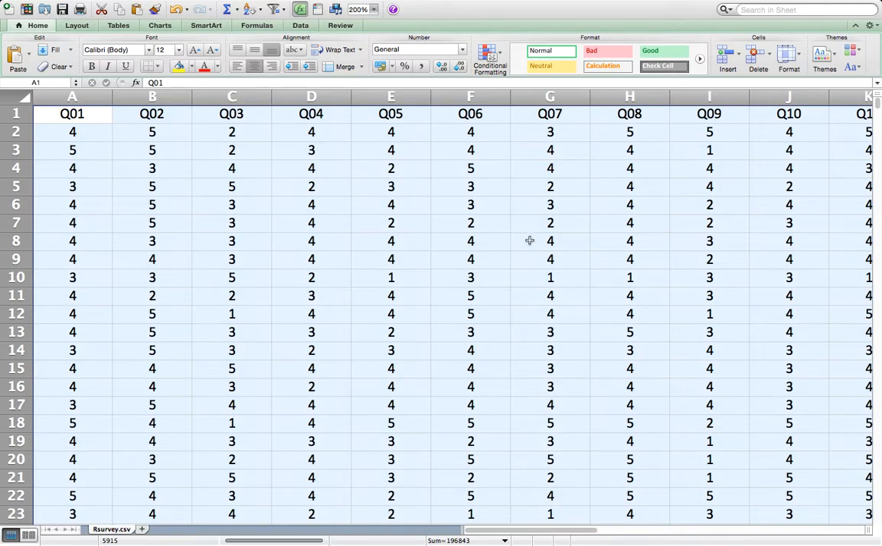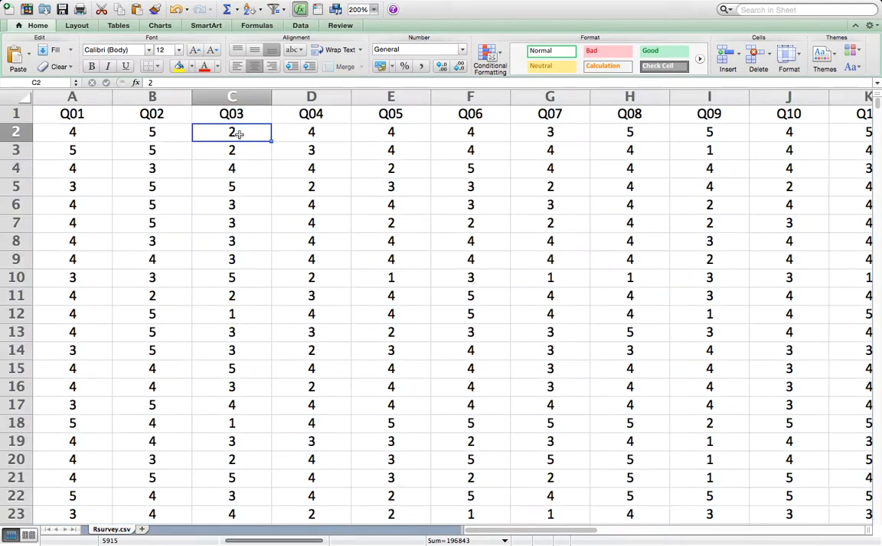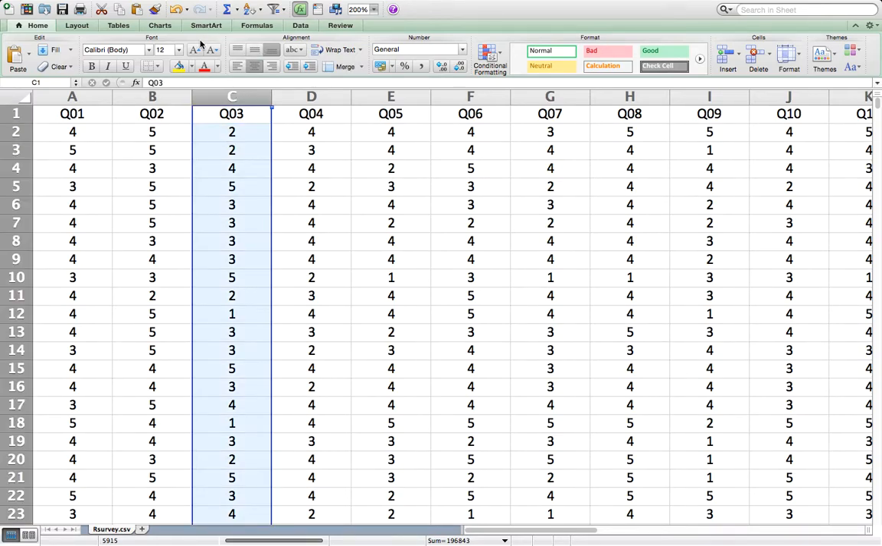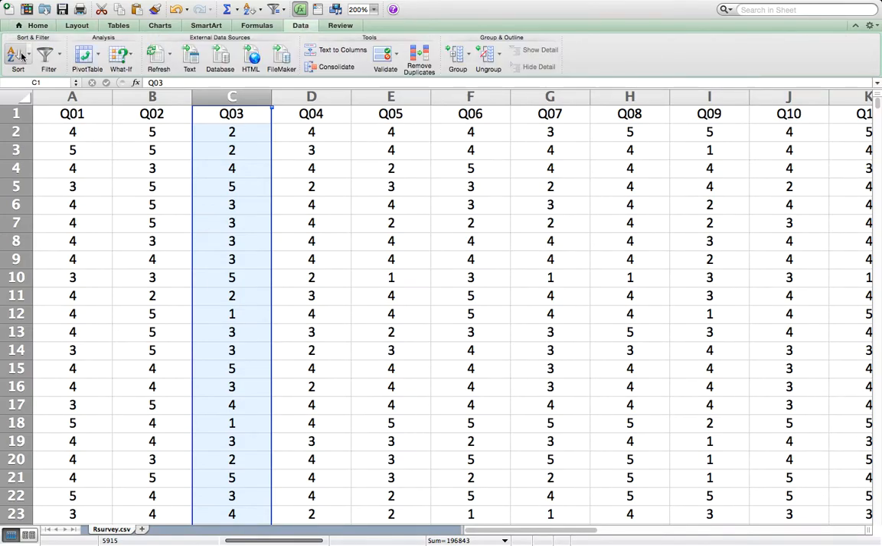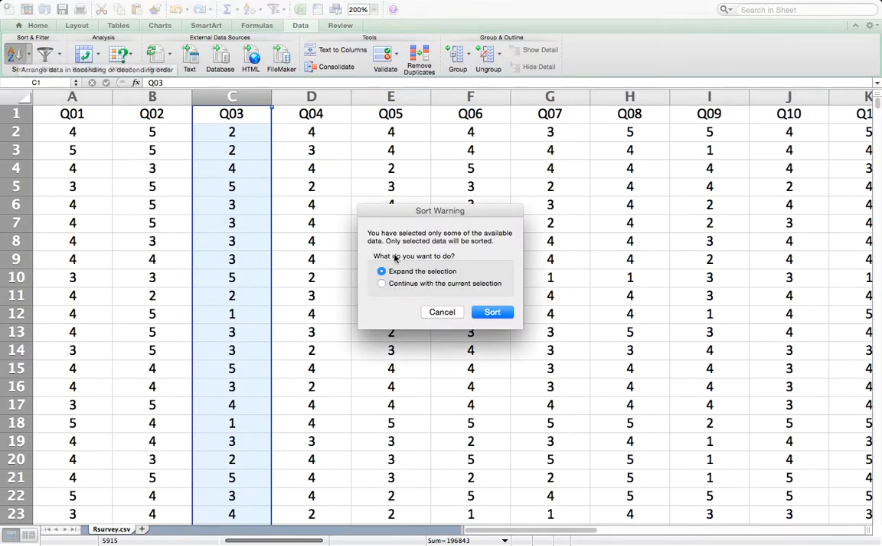So what I want to do here is recode my fives as ones and my ones as fives and twos as fours and fours as twos. And threes will be just fine, only for question 3. So what I'll need to do is sort that. So for Mac, I need to go up to Data and come over here to Sort. And it'll ask you, do you want to expand the selection? Well, obviously, you just don't want to sort this